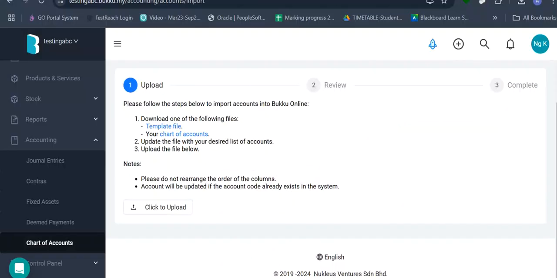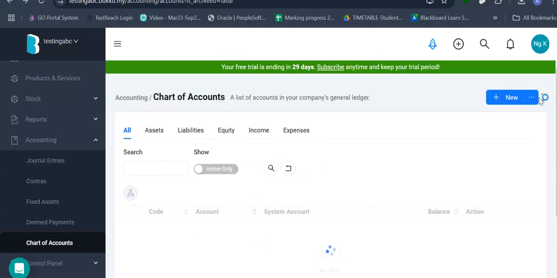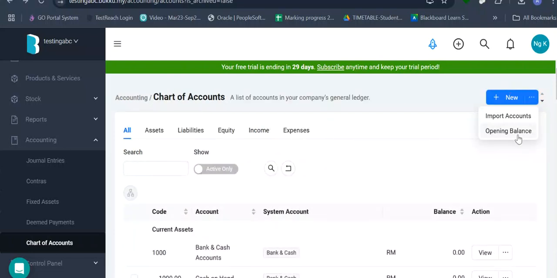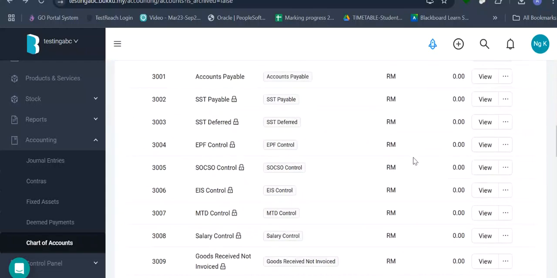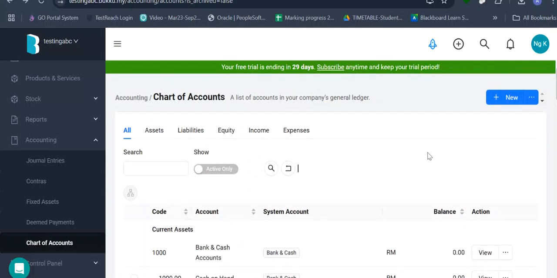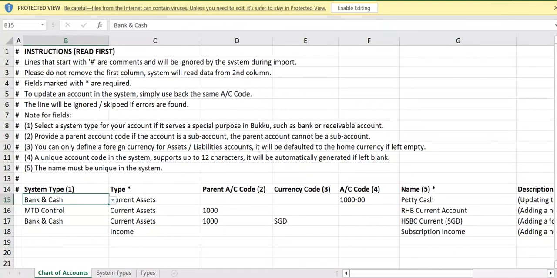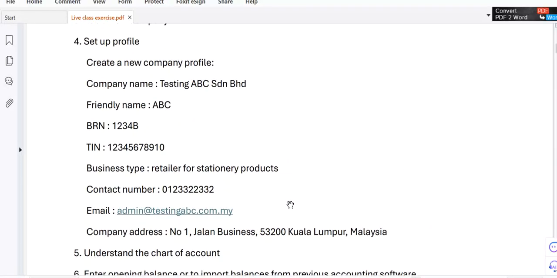The smaller companies will not need to use this function. No need to use import. The smaller businesses are going to use opening balance key in. So it depends on which one is which. In your career, I don't think you will have to do this very often, unless you are providing freelance accounting services. Then you probably have to do this a bit more regularly. But for those who have done this before, especially the Excel file import, they know the pain. It's not quite easy. It's not quite straightforward.